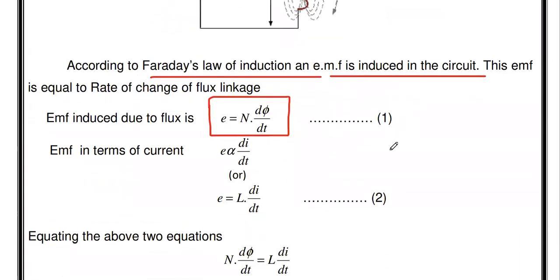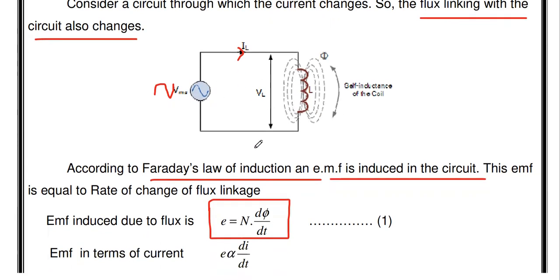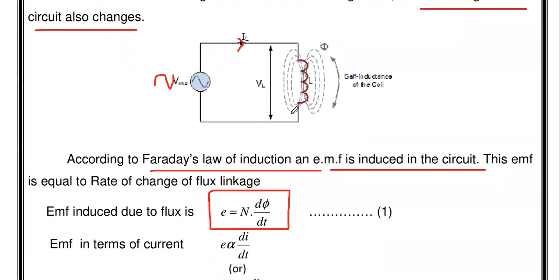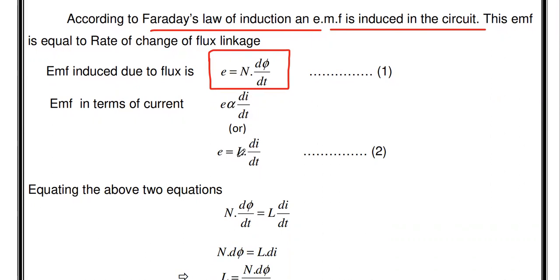So consider this is equation number 1. And again, the EMF produced across the inductor is also directly proportional to the rate of change of current. So the current flowing through the inductor, that's why the EMF E is directly proportional to di by dt. In order to equate this proportionality, we have to put some constant. That constant is said to be L. This L is the self inductance. So the EMF E equals L into di by dt.